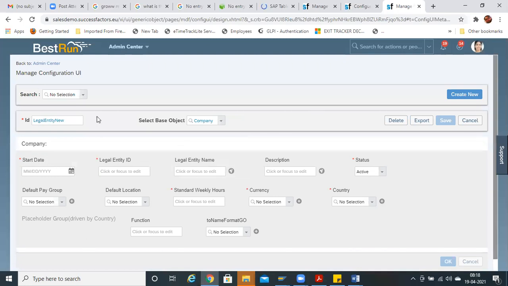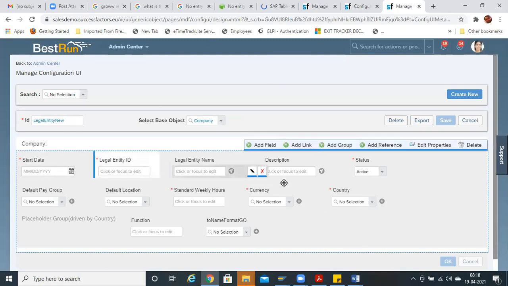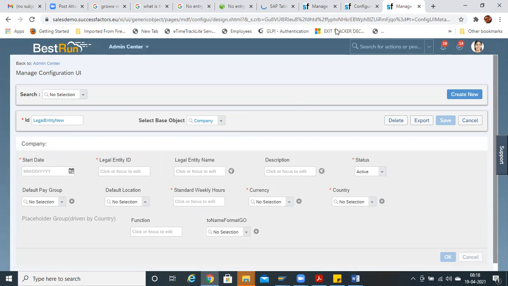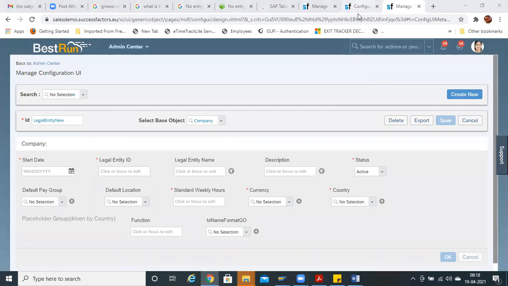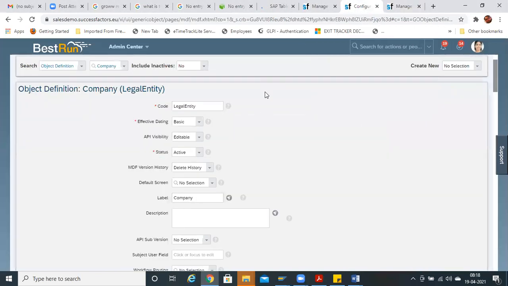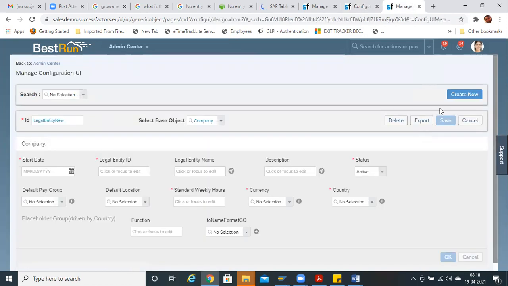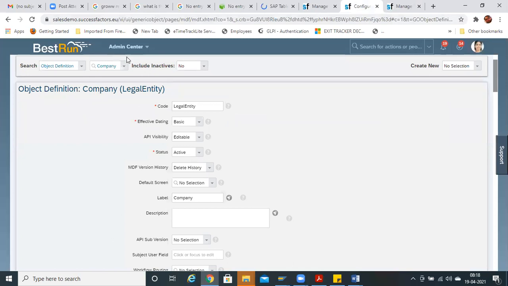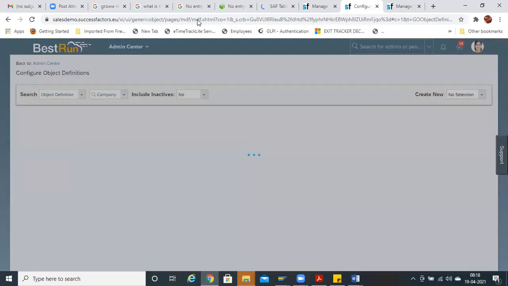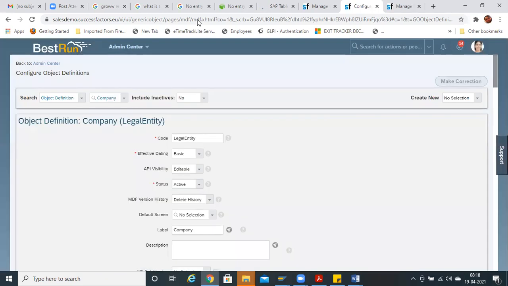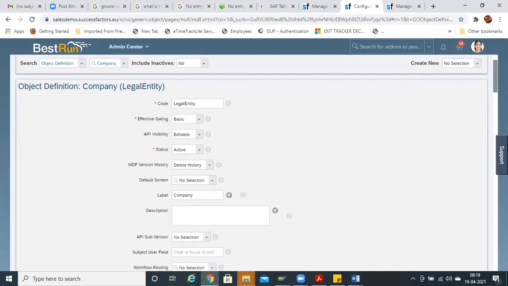So basically it is the user interface, how the look and feel is to be changed. You can just come here and decide it over here. Now how to make this applicable? You have already saved it, right? Then just refresh it. Whenever you make any changes, you have to refresh the system. This is the only limitation in SuccessFactors, else you can't get those fields applicable over here.